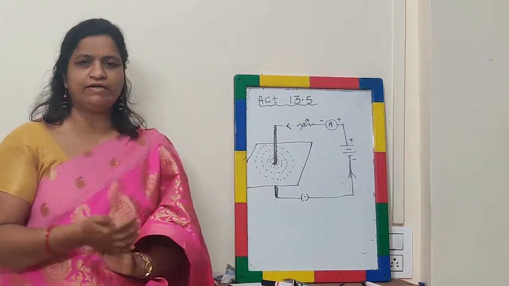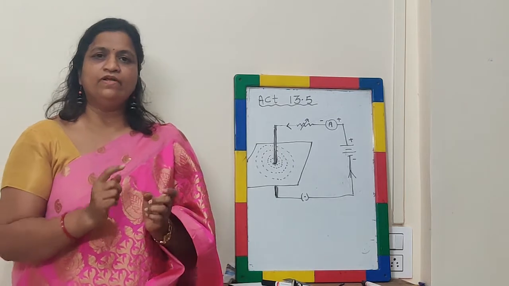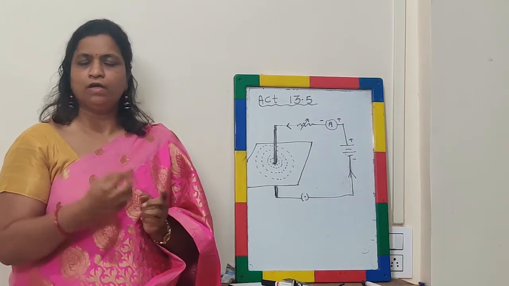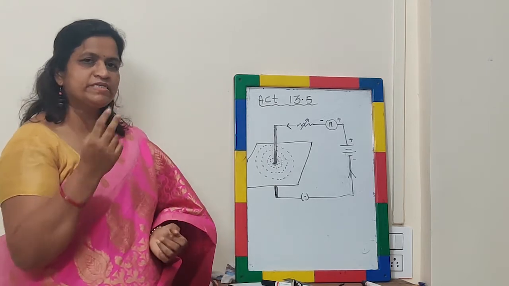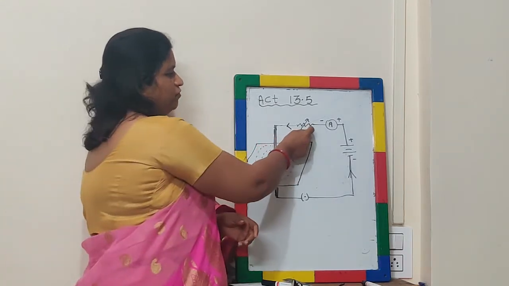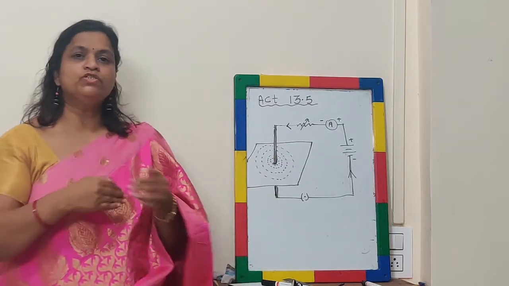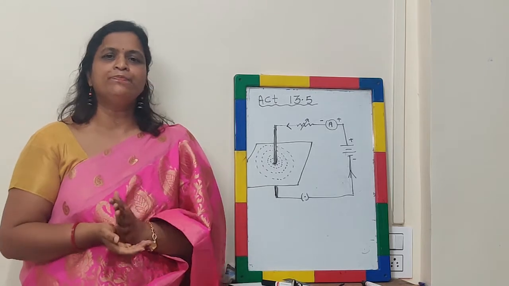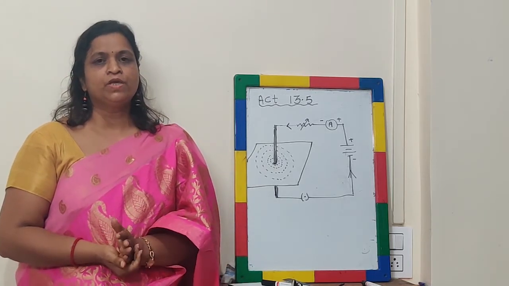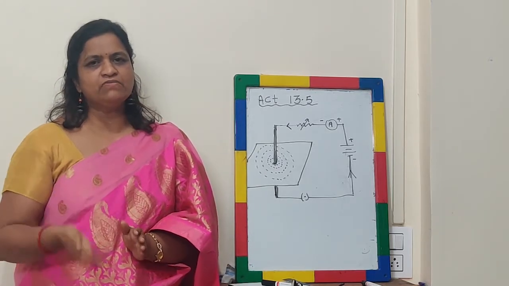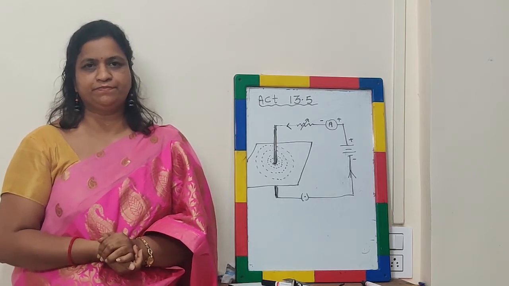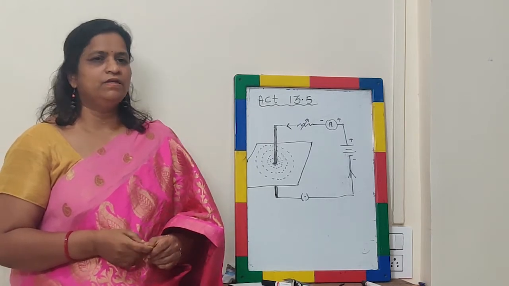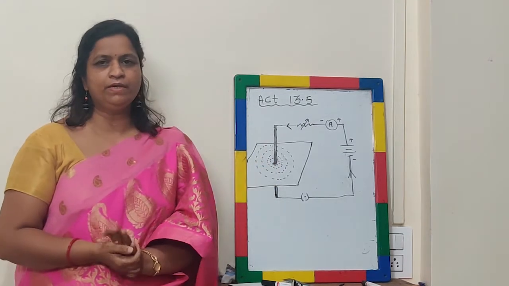So the first observation is that the iron filings formed a circular pattern. These are the magnetic field lines, which are concentric circles. Second observation: whatever rheostat we have used here, we are going to change the amount of current. Means we change the rheostat, so resistance will change, and automatically current will change. If we increase the amount of current, meaning resistance is less, then the magnetic field also will be more.